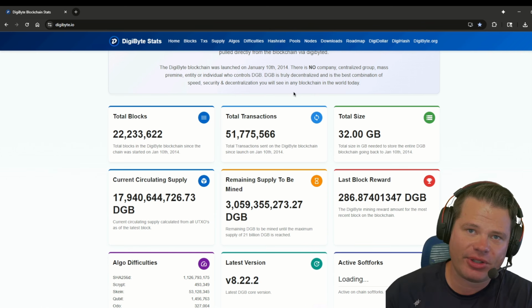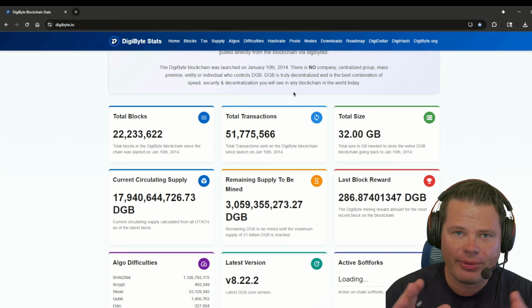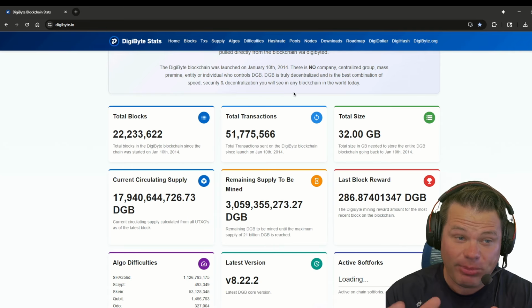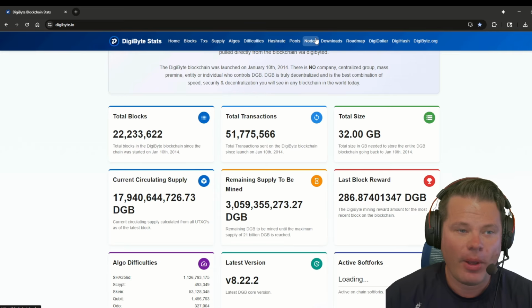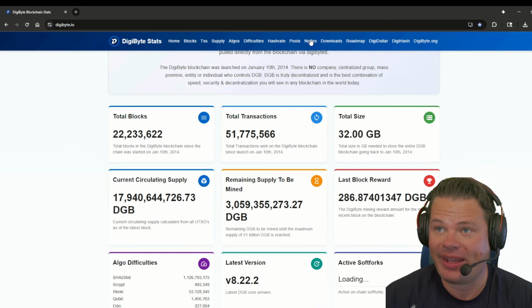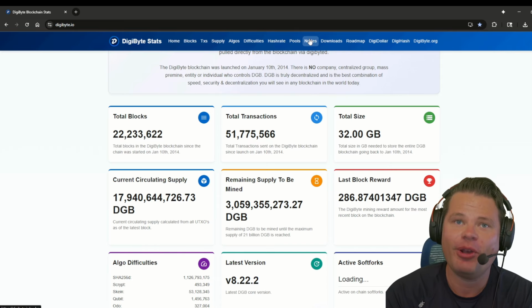Now, in order to download this wallet, you need a desktop computer, either Windows, Mac, or Linux. People ask, well, why can't I run this on a mobile phone? Well, the reason is since this is the blockchain itself, when you download this, you actually become part of the blockchain. And in fact, if you go here, and first of all, I'm on digibyte.io,